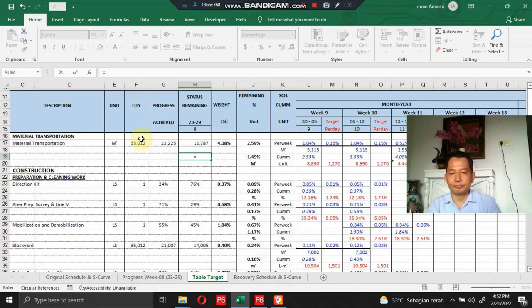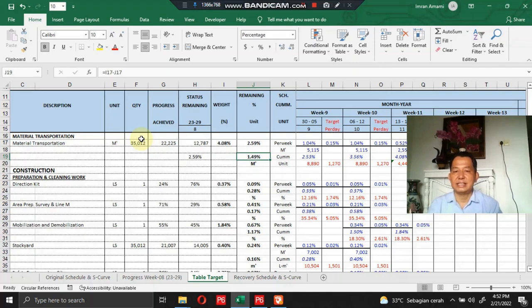Here, progress achieved is divided by the quantity as per contract, and then multiplied by the weight factor as per contract. So the result is the remaining progress percentage as stated here,